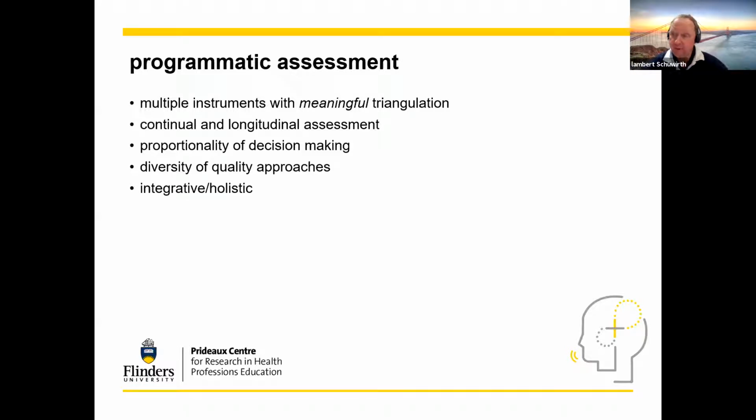So instead of focusing the whole development on trying to find the best instrument to measure problem solving, we went back and said, well, there are multiple instruments for everything. If we look at all these competencies, we need to combine those. We need to build a program. I'm going to briefly take a detour here. If I were to translate this whole presentation into clinical practice, it would make a different type of sense.